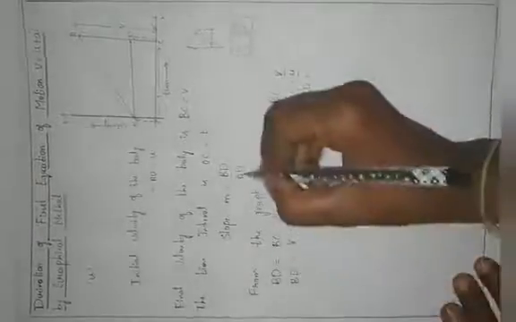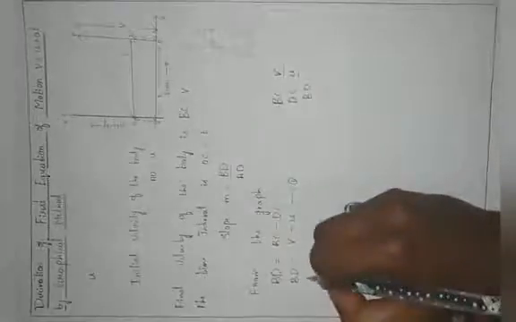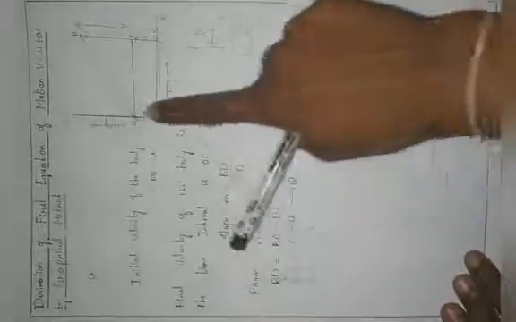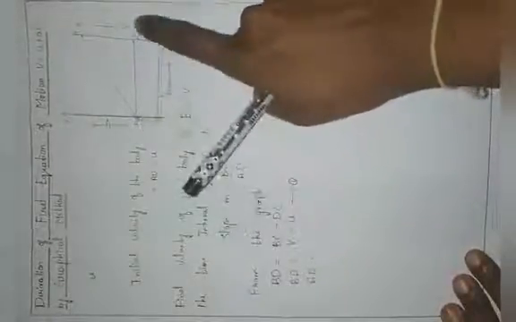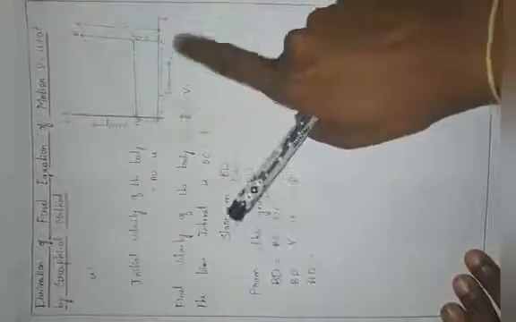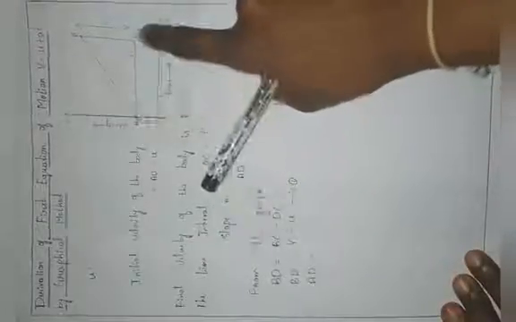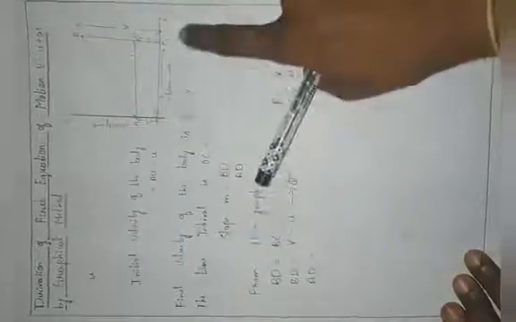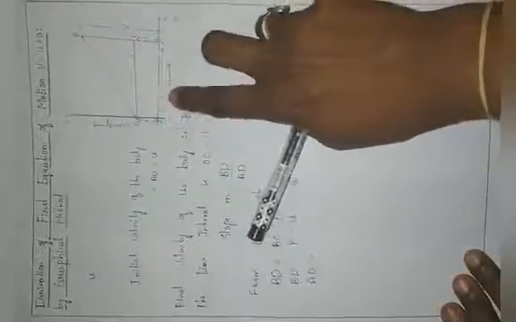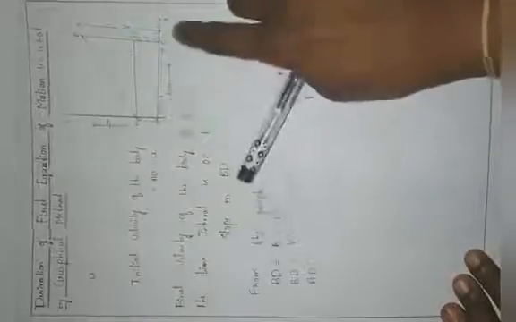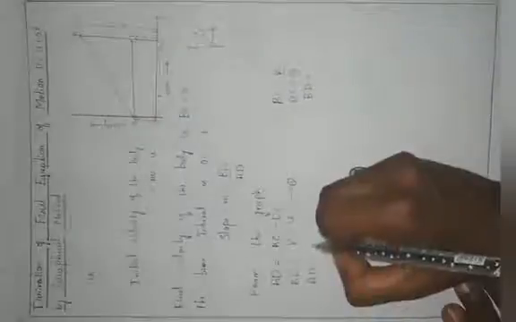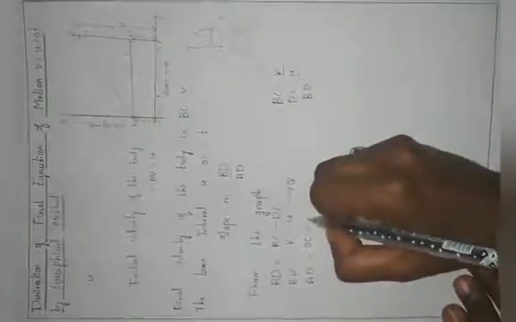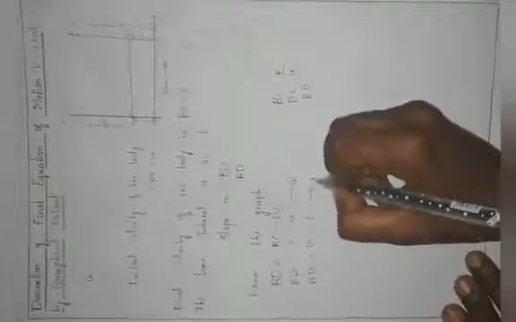Now this AD value. You can observe the line AD is parallel to OC. We know the value of OC is T. Correct? So OC is parallel to AD, so that the value of AD is equals to OC is equals to small t. Call it as equation number 2.